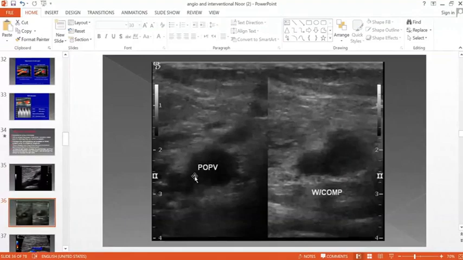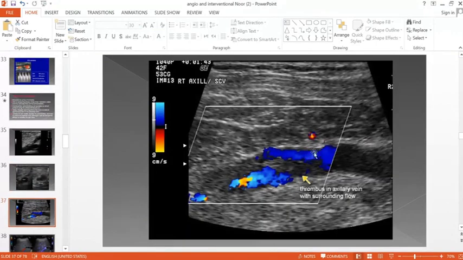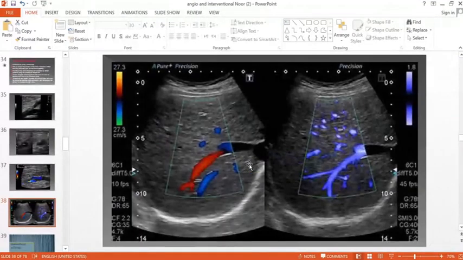And this is a popliteal vein. And with compression, when we compress, the vein will not compress. This will indicate that this is thrombosed. We may put our color on and see that thrombus will be shown as areas of lack of flow. So all are used, the color and the compressibility and the grayscale, in order to diagnose deep venous